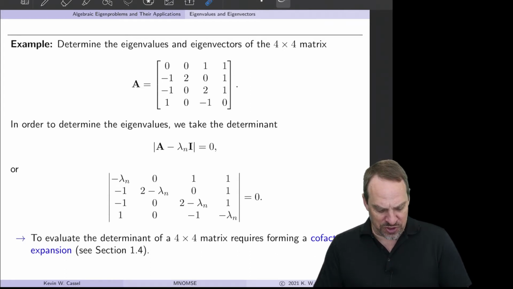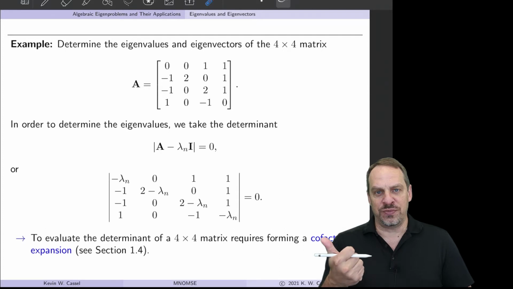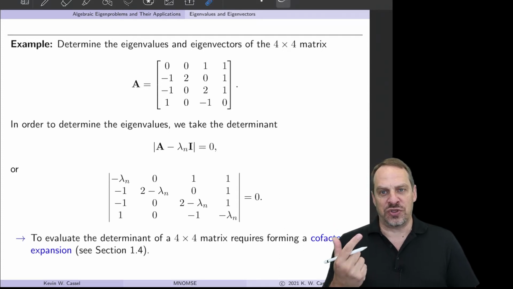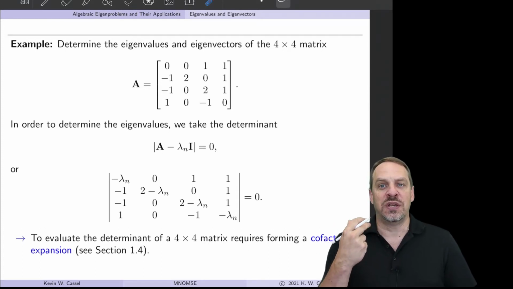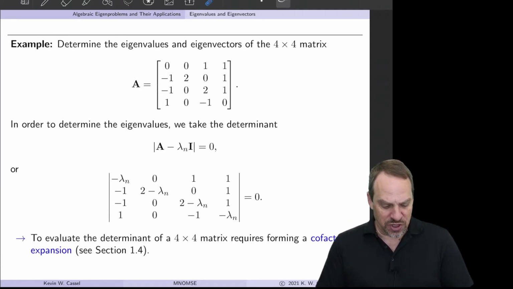So, we form the determinant of A minus lambda I, and we set that equal to 0. Once again, that's because we have a homogeneous system. We want non-trivial solutions. The only way to have a non-trivial solution is if the coefficient matrix A minus lambda I is not invertible, so that it is singular and has rank less than capital N, and so on. So we want the determinant of A minus lambda I to be equal to 0. So we start with the original matrix A, and we subtract off lambda from the main diagonal terms,